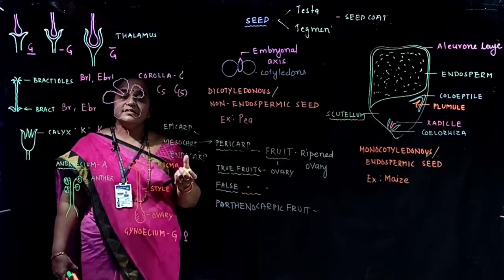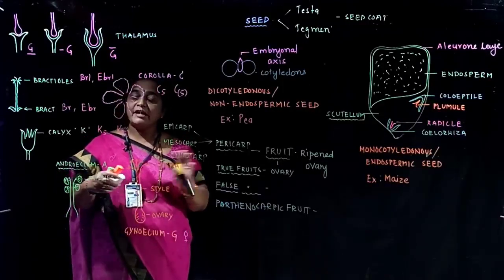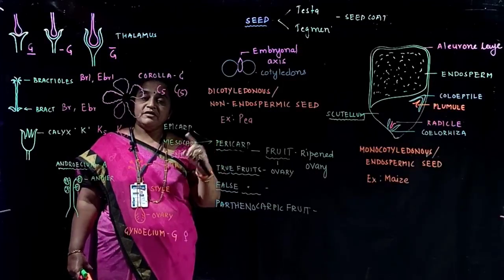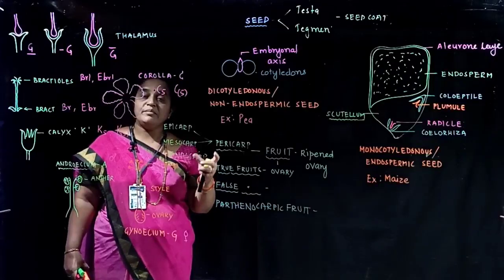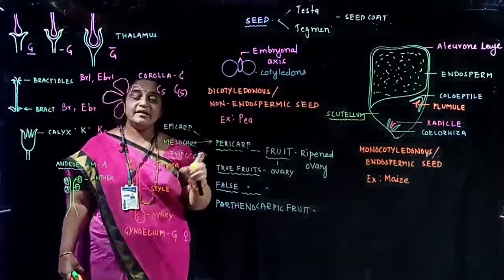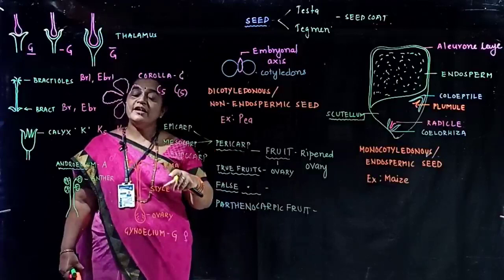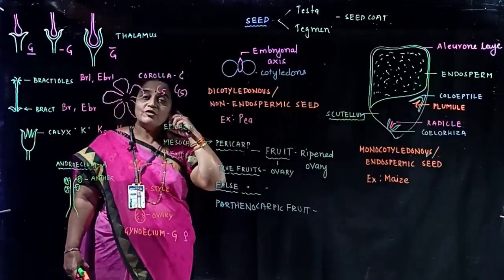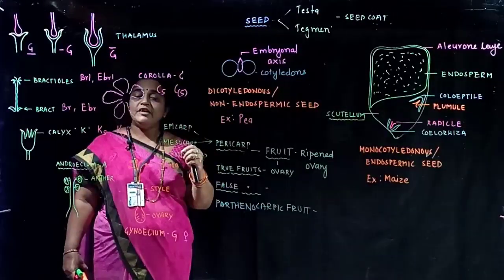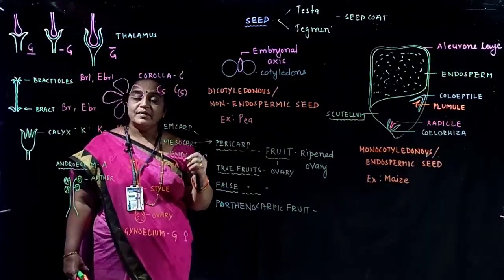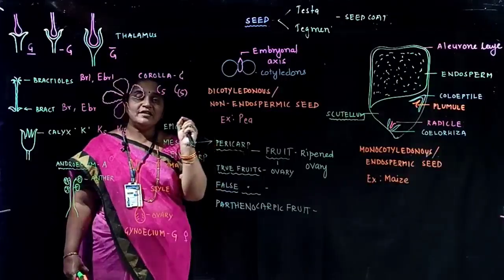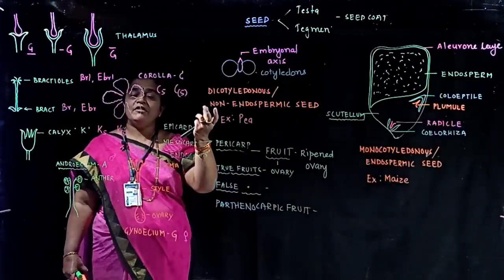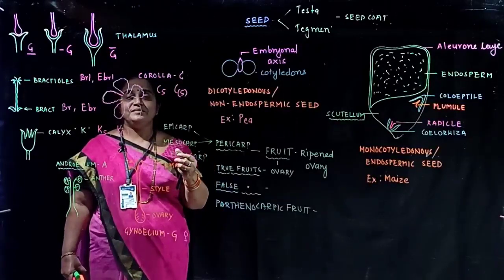Recall the coconut. Once the coconut is ripened, the outer thin peppery covering is the epicarp. The fibrous part is the mesocarp, and the hard stony part which we break is the endocarp. Inside the endocarp there is a white part that we eat as copra. This we call endosperm. And in that endosperm, at one side, there is a small seed located. If it germinates, it develops into a plantlet.